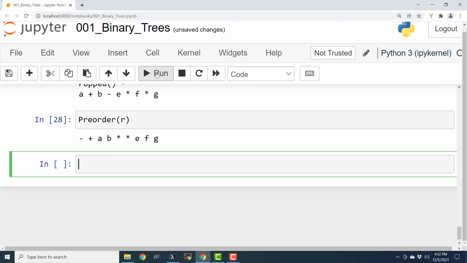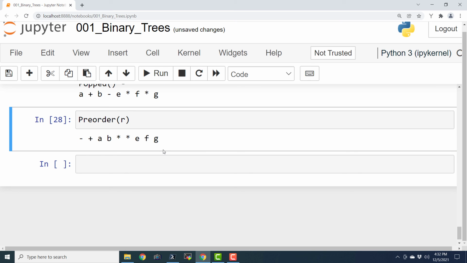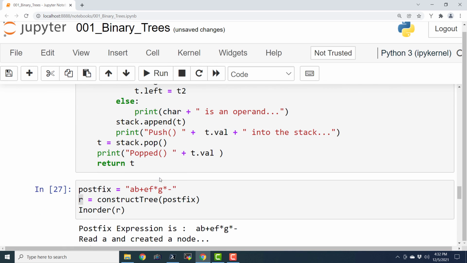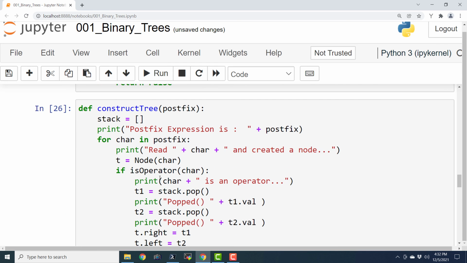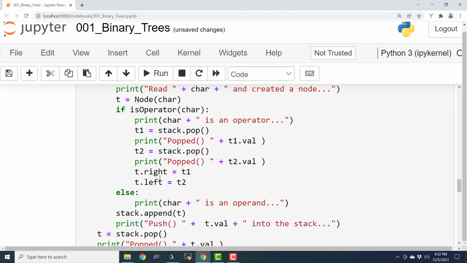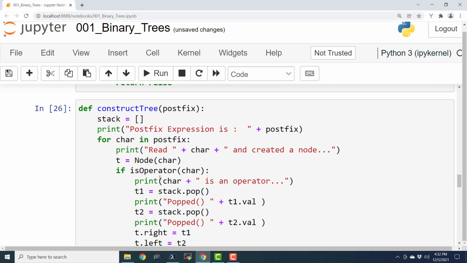And if I execute this, this is the output. So this is the pre-order traversal of the given tree. So I hope that you have understood the entire operation of converting a postfix expression into an expression tree using the application of stack.